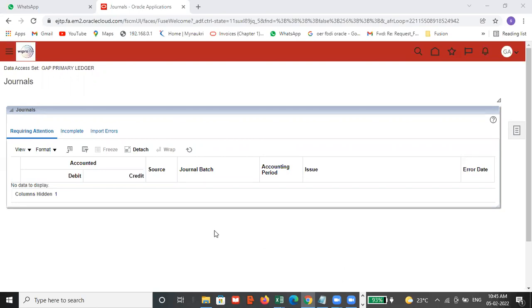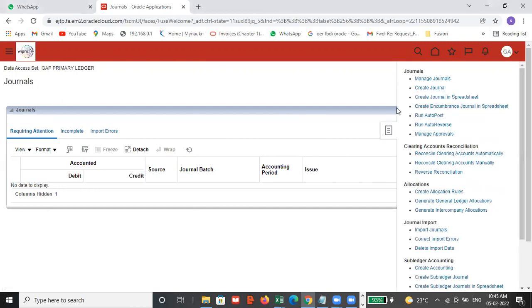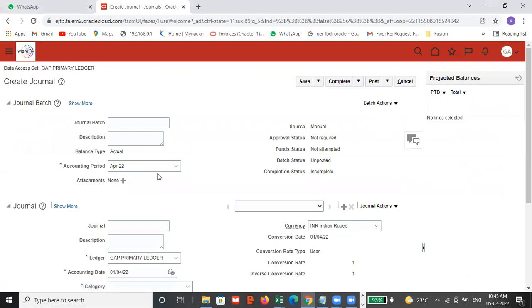Okay. So earlier we created one new journal and reversed it with the switch debit and credit method. Now we will create one more journal and reverse it with the change sign method. For creating a journal, just create a journal and select our accounting period,